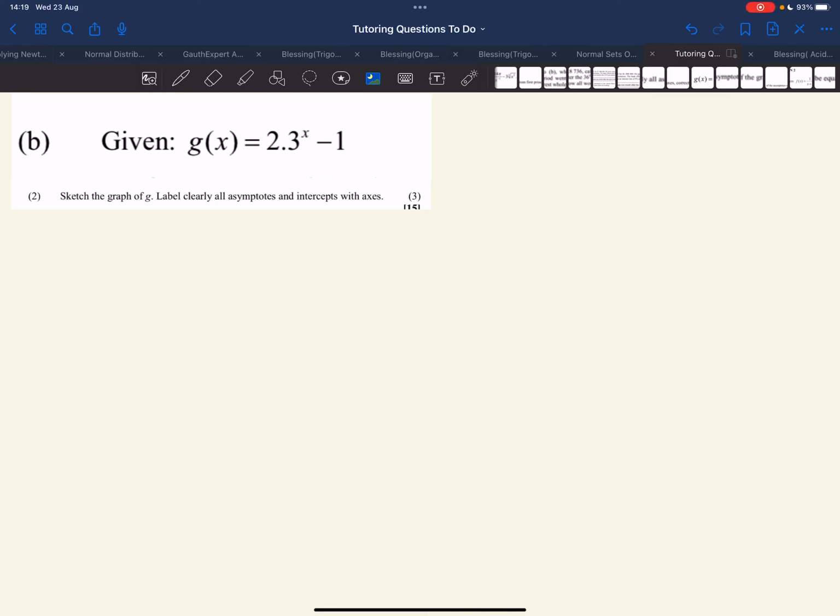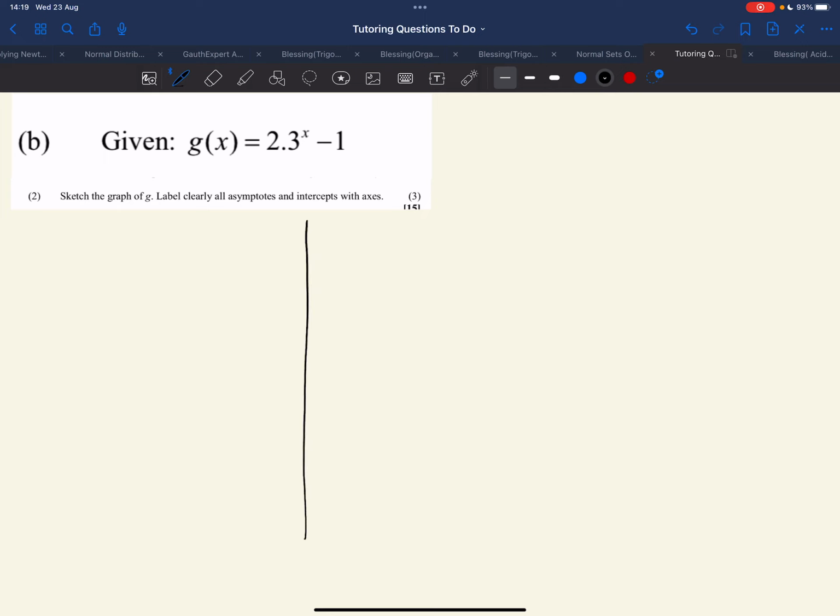Okay, right. So question two, we are still using the given function, which is an exponential function. They say to sketch the graph of g, labelling clearly all asymptotes and intercepts with axes. All right, now let's just quickly draw the Cartesian plane. So you're going to have a Cartesian plane like this,